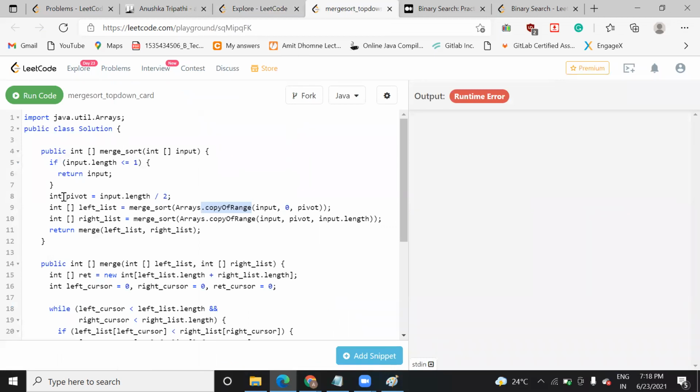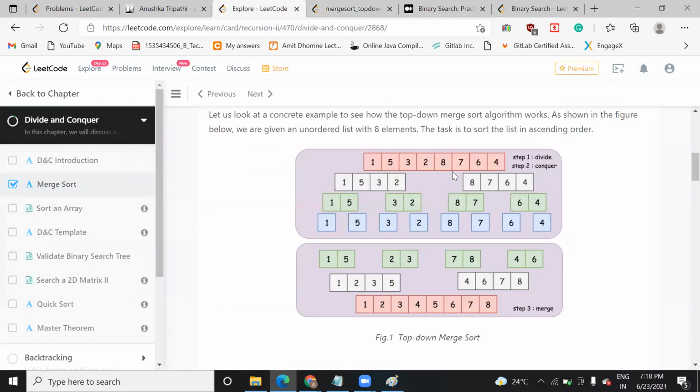Here you are using int pivot = input.length / 2. It means you are going to divide the array into two sublists.